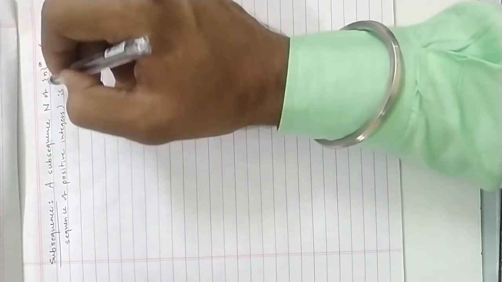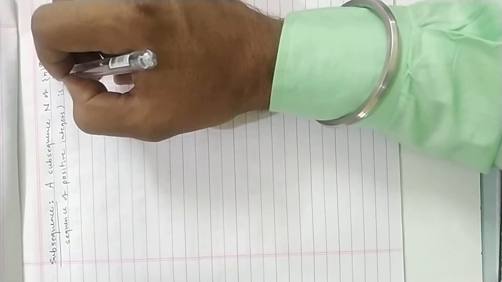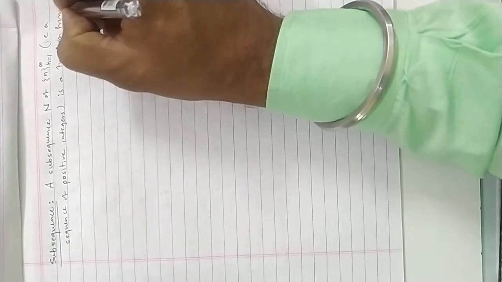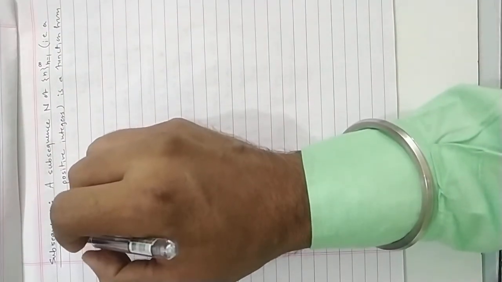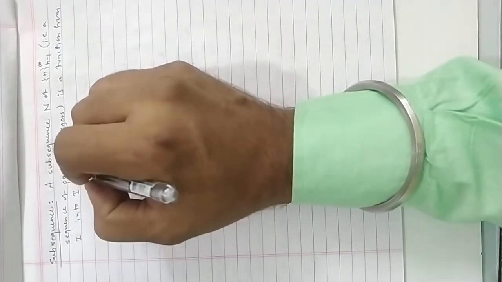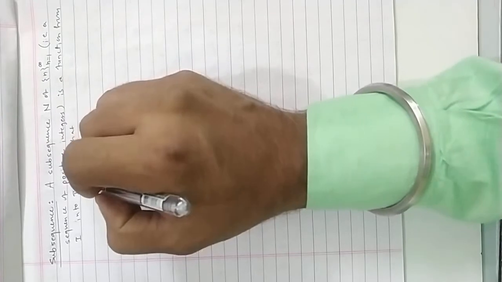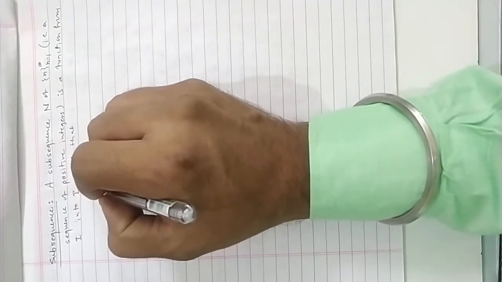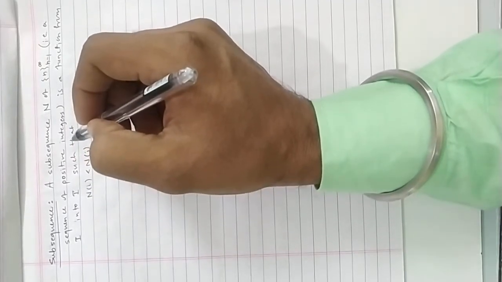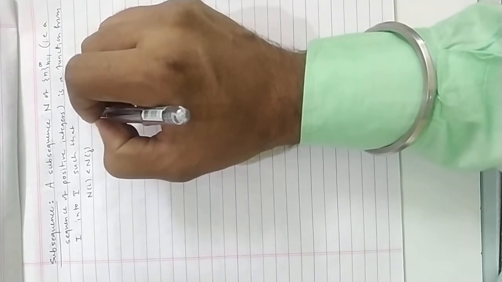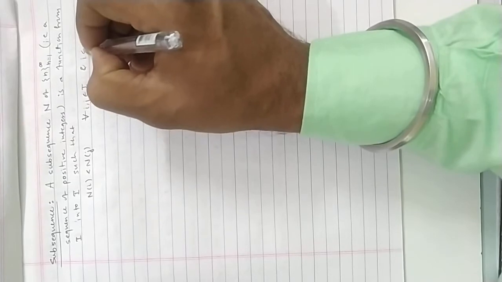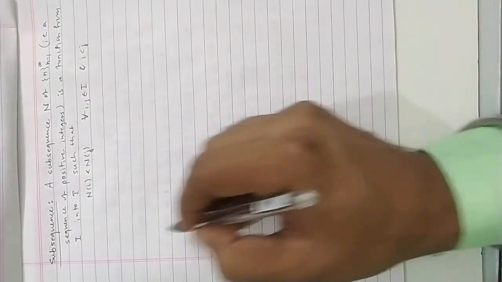So that means a subsequence of positive integers is a function from I, the set of positive integers, into I, the set of positive integers, such that n of I is less than n of j. Any two positive integers are comparable, for all positive integers I and j that are different from each other. Right. So for example,